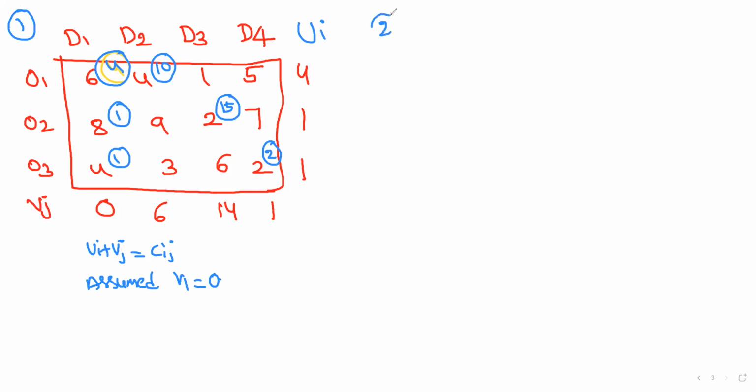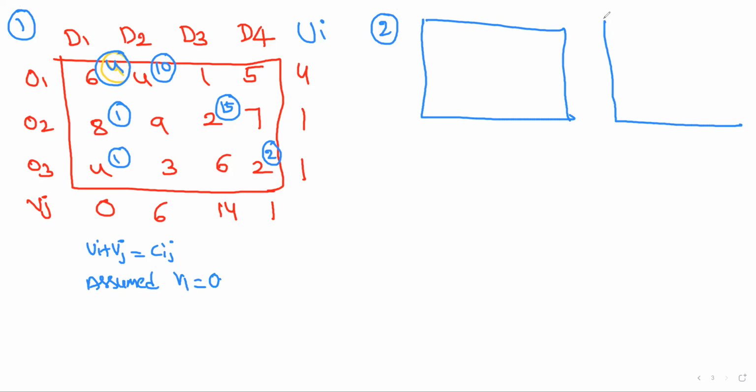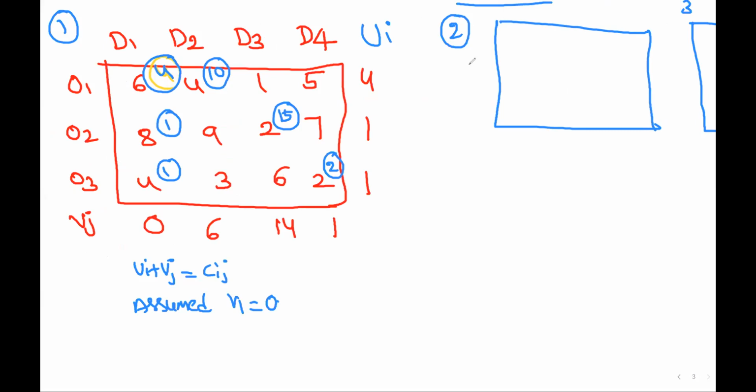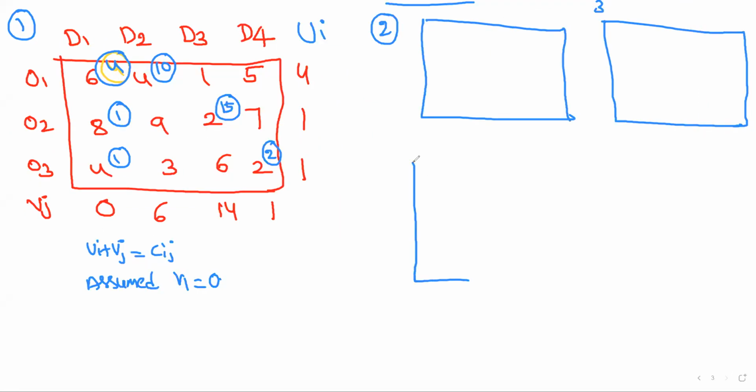Second table, again the same table you have to draw. This is for basic cells. Actually, we have to find totally 4 tables there. First table, second table, this is third table, and this is one more table. This is the fourth table. The fourth table you have to find